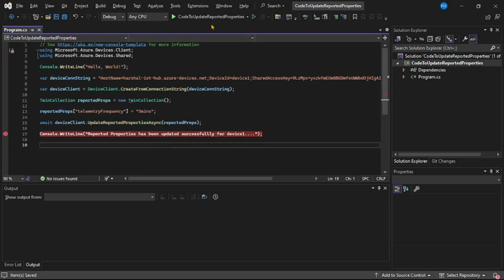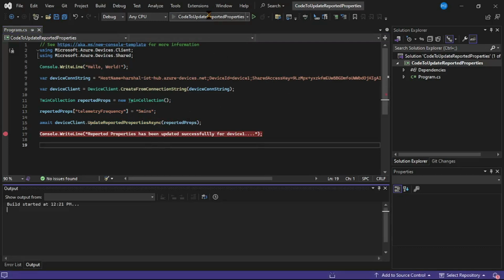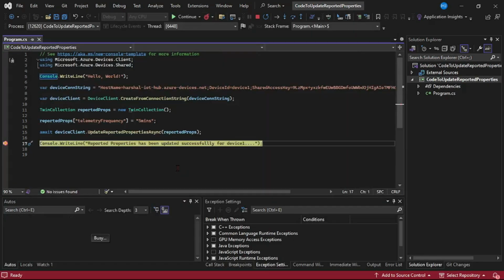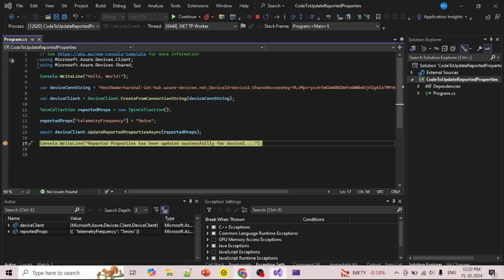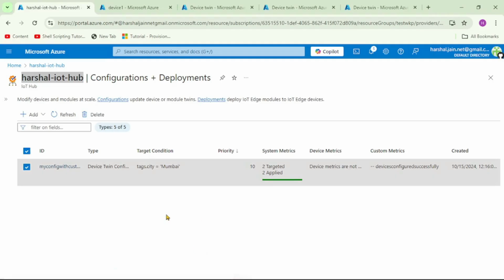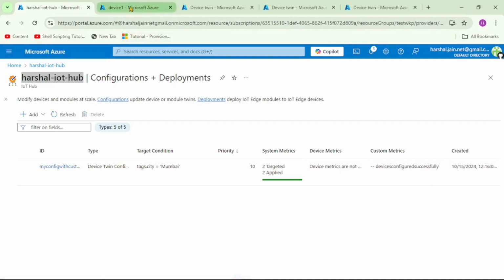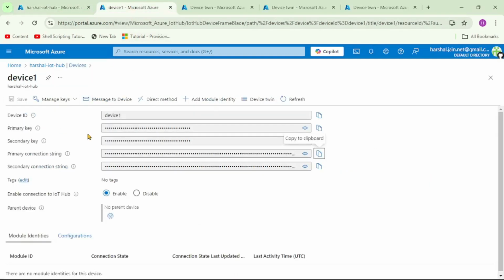So let's run this code, and you can see the debugger has been hit, that means the reported property must have been updated. So let's cross check in Azure portal. So again guys, we are back in Azure portal. Let's go to device 1, and for this device we updated the reported property. So let's go to device 2